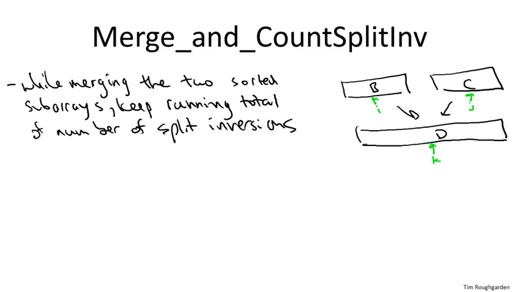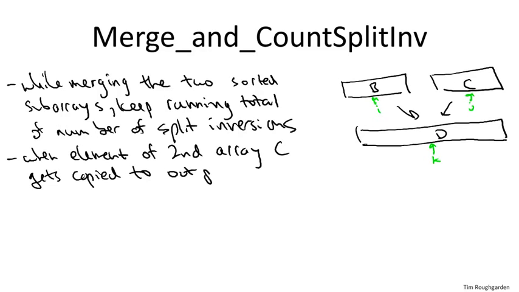So what's the increment? Well, what did we just see? We saw the copies involving B don't count. We're not going to look at split inversions when we copy over from B, only when we copy over from C. Right? Every split inversion involves exactly one element from each of B and C, so we may as well count them via the elements in C. And how many split inversions are involved with a given element of C? Well, it's exactly how many elements of B remain when it gets copied over. So that tells us how to